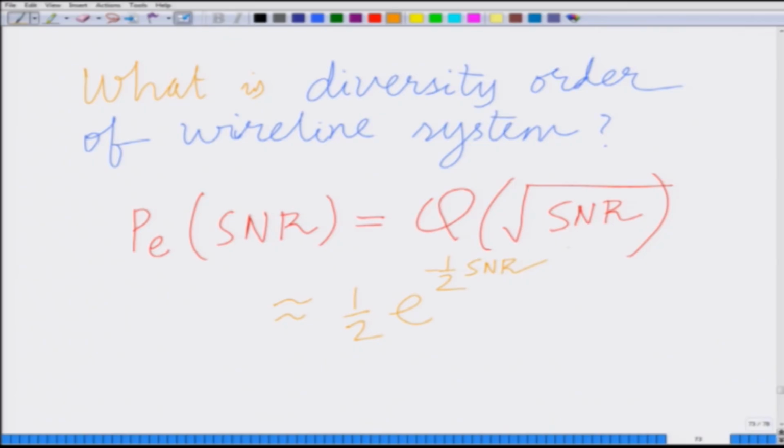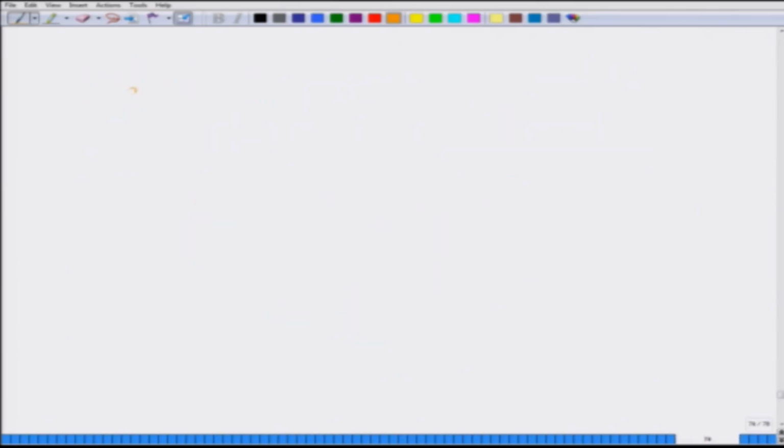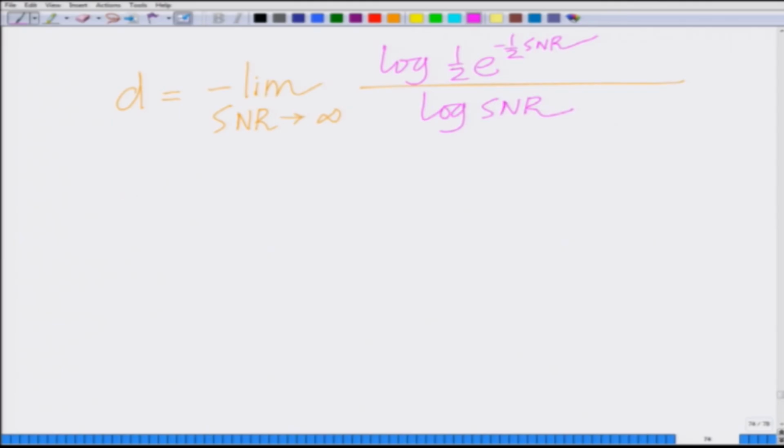And therefore, our diversity order D equals minus limit SNR tends to infinity, in the numerator we have log of PE, that is probability of error, which is half e to the power of minus half SNR, divided by log of SNR,